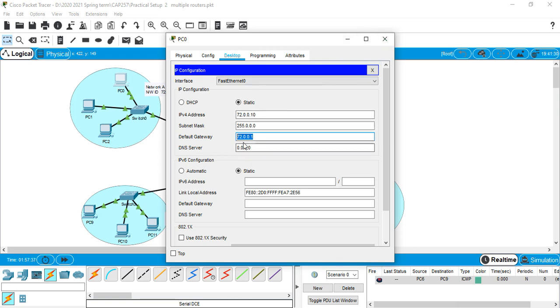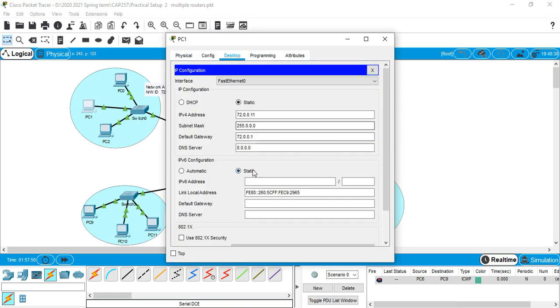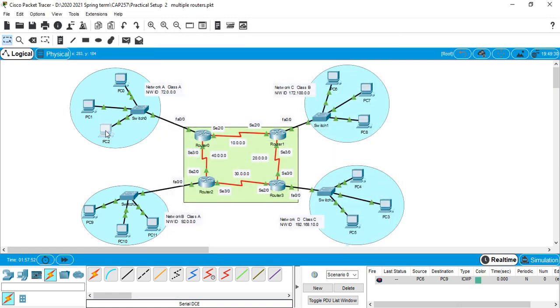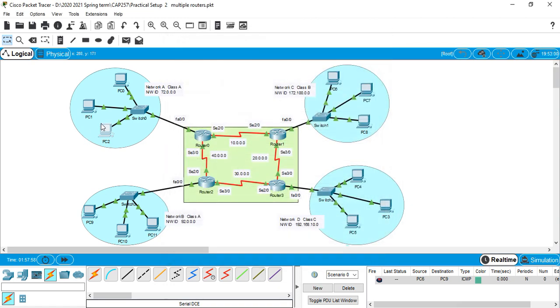Now this is clear. Whatever the gateway IP address is, you have to keep it in mind. Copy this gateway IP address. The same gateway IP address will be there in all the PCs. Similarly in PC2 also, assign the IP address, the same gateway IP address is there, and the same IP address needs to be put on the router port through which your network switch is connected.